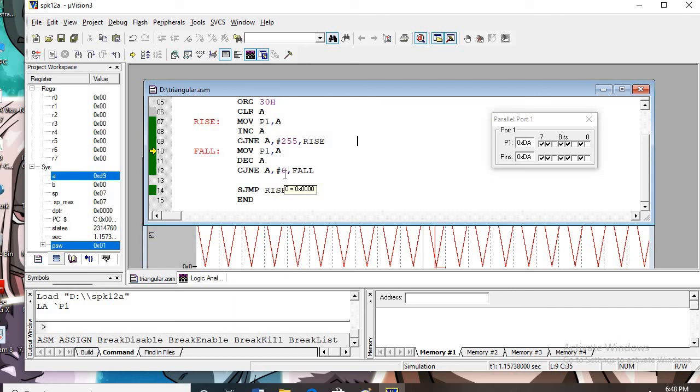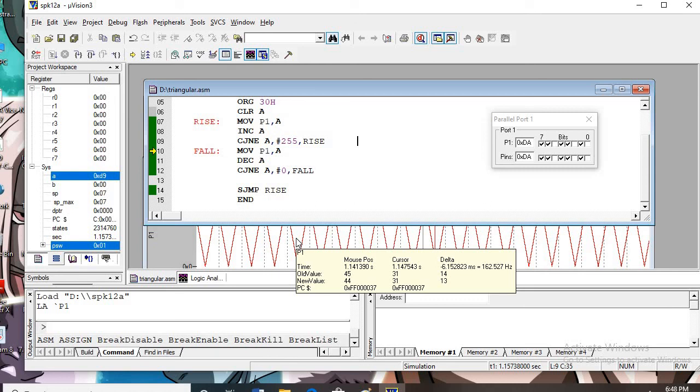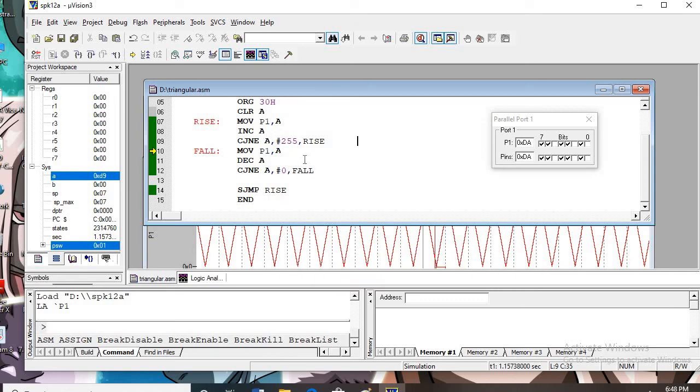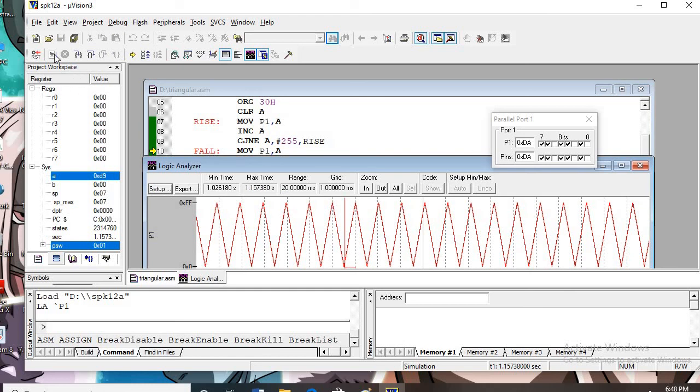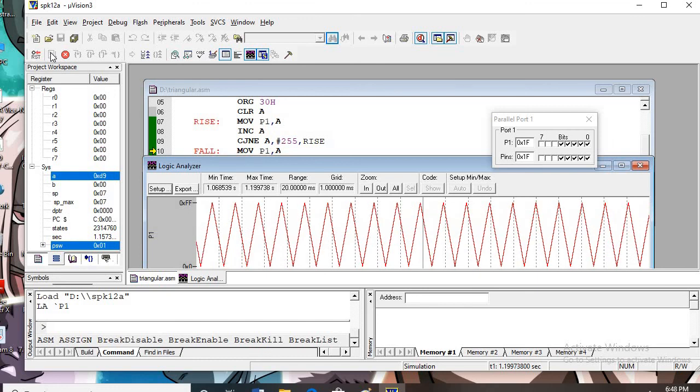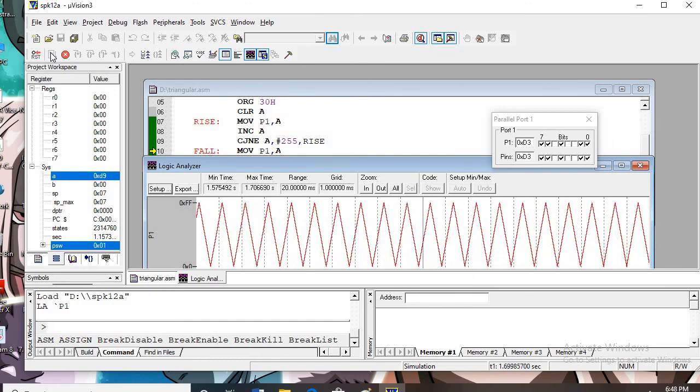In a real-time DAC application, you can define the voltage level along with the V reference and obtain a waveform of appropriate amplitude, and you can even adjust the duration by inserting a delay if you want to get the waveform in the form of narrow pulses or only a single pulse, whatever. Those adjustments you can insert in between the statements based on delay, and you can execute that. Here on the port also, if we remove this, you can run it once again and it will go on doing a continuous triangular wave.